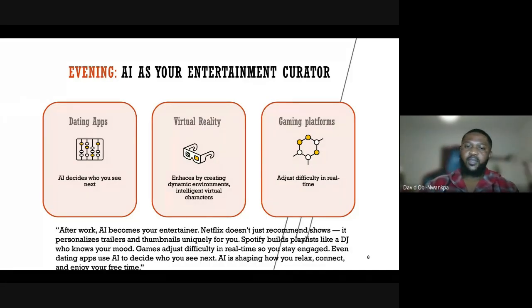Netflix as well is another example. After watching a kind of movie, let's say you love Korean movies and you've just watched a series, the next thing, it keeps giving you more preferences, more recommendations from that kind of genre you've watched. So that is artificial intelligence helping us in our everyday life.